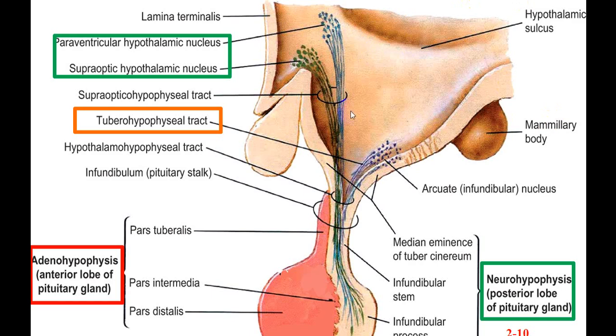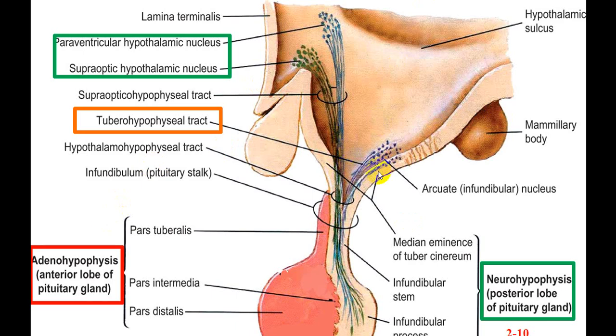This is a part of the hypothalamus. This is the supraoptic nucleus, and there is the paraventricular nucleus. This secretes ADH. This secretes oxytocin. These are neuroendocrine systems. These are the axon fibers which run in a stalk. This is the arcuate nucleus. The fibers of this and others secrete hormones, and those hormones are secreted directly into what we call a portal system, and they will act on the anterior pituitary gland.